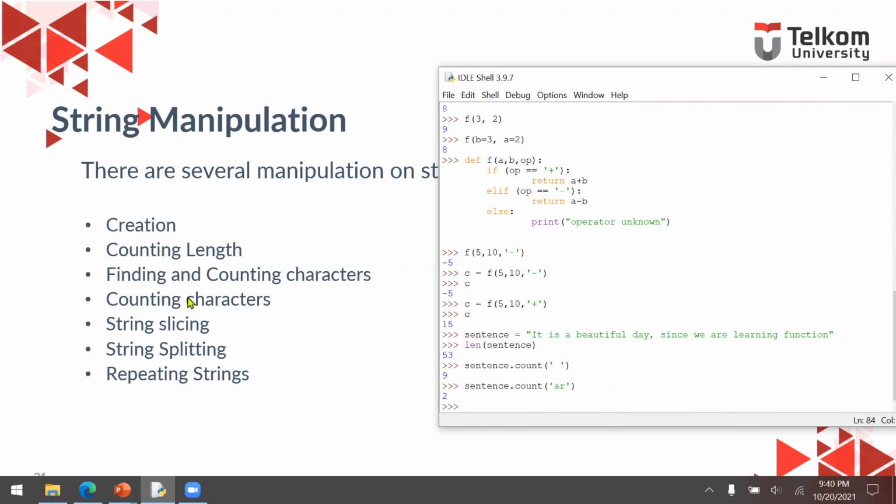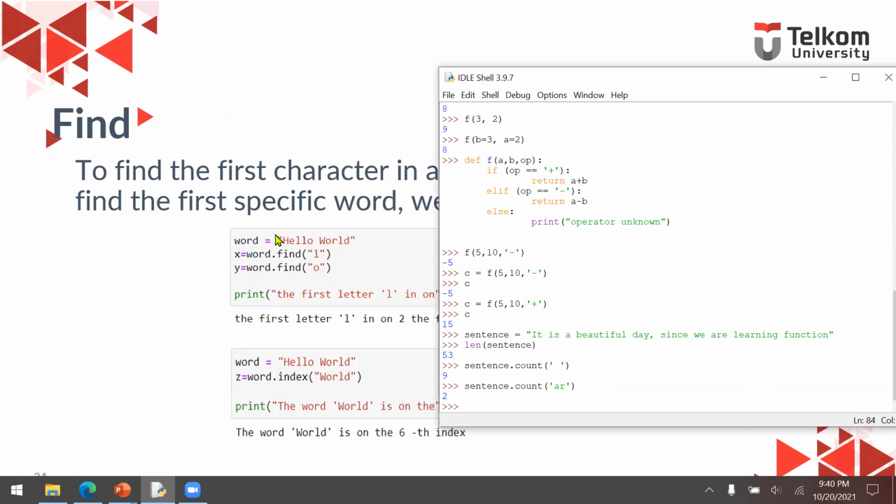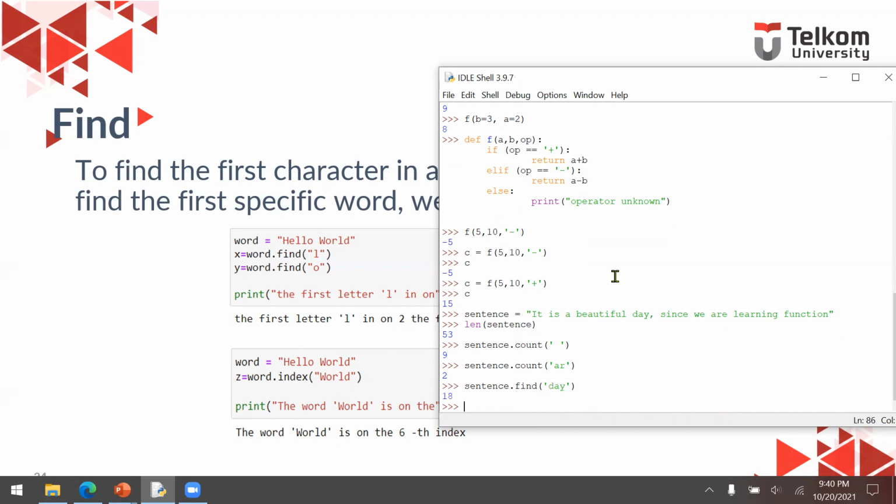How about finding? Well, this is counting length. This is the finding. We just use this method sentence and then find. Let's say I'm going to find, is there any substring with day, for example. Then it will return 18. How come it becomes 18? So let's try it out.